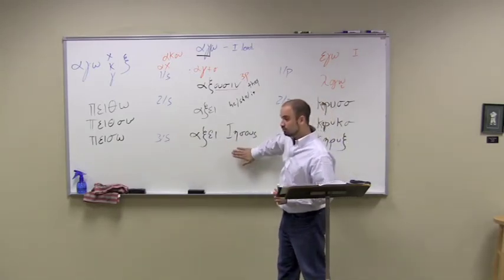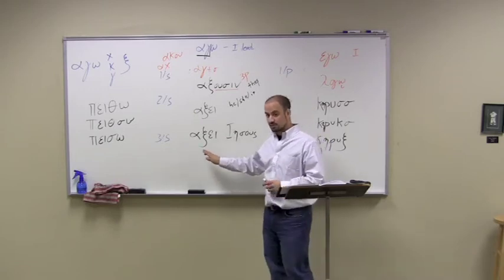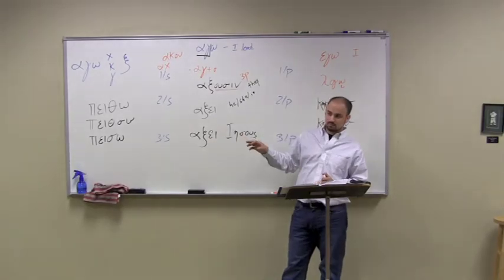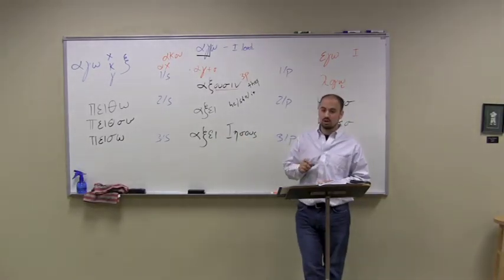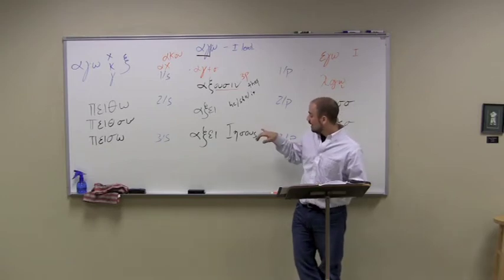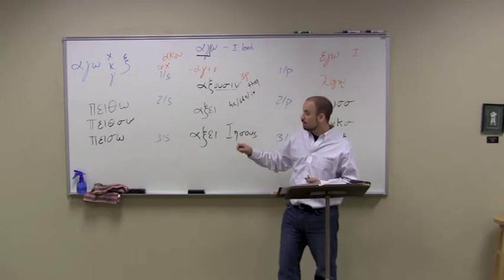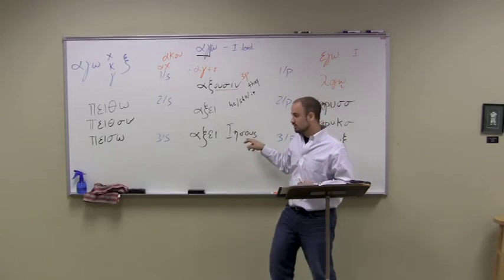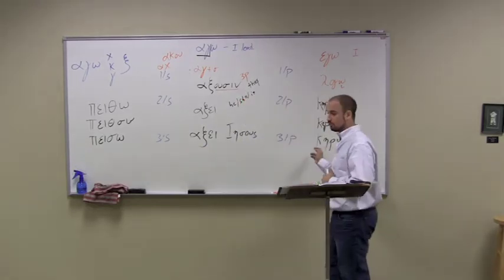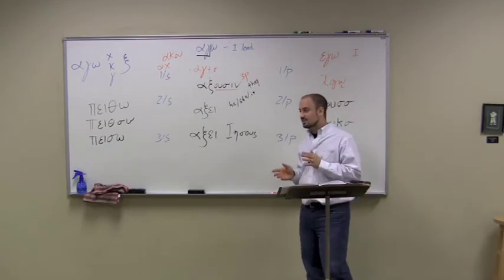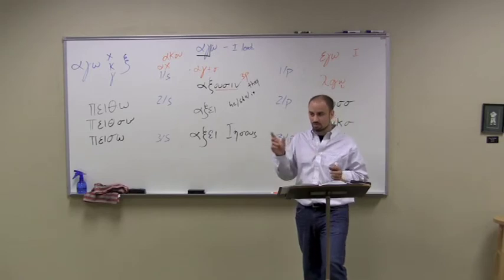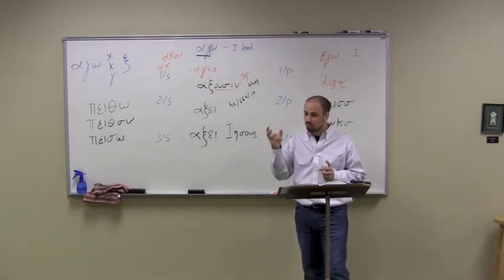So your external subject further defines and clarifies the internal subject. In general, almost 90% of the time, your external subject will agree in person and number. Person is this, number is that. So Jesus is singular, it's got to be in the third singular as opposed to the third plural. There are some instances like neuter nouns that take singular verbs that are plural because they're seen as a collective whole or a collective group.